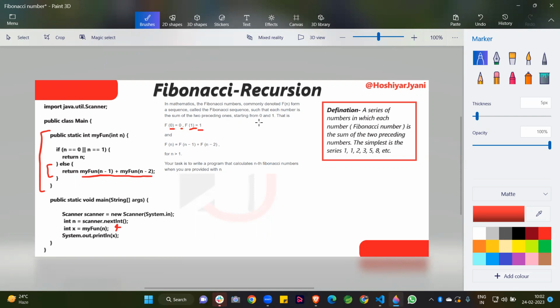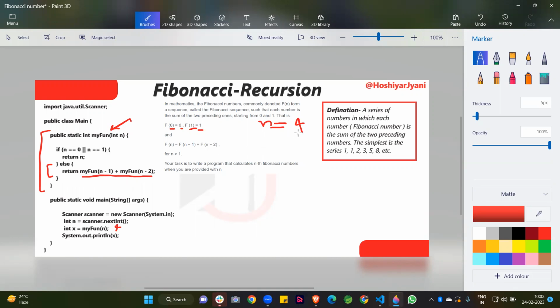So first of all guys, n value is 4. So in our question, when n value is 4, this is called from here. After that, it goes to this function, this method. Then n value is 4. So if n is equal to 0 or n is equal to 1, this condition is not true, then the else condition runs. And in the else condition, there is a written statement.